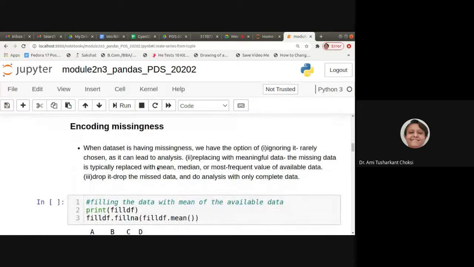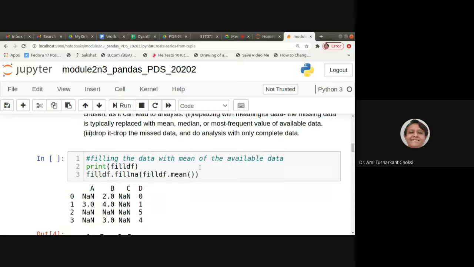Now, if we want to encode the missing values with the mean, we can use fillna, fine, but with the help of df.mean(), whatever is the mean value, with that we want to replace.